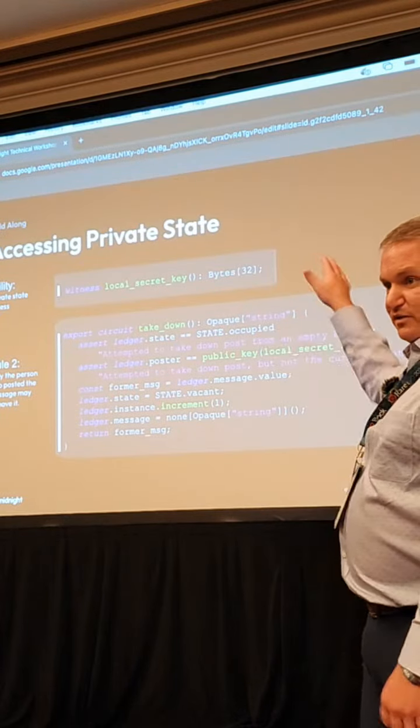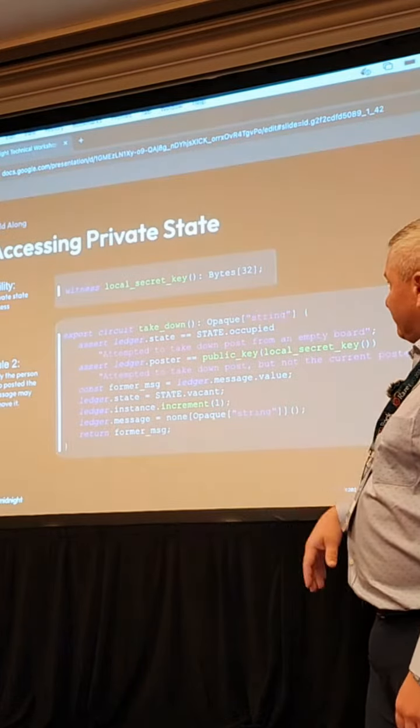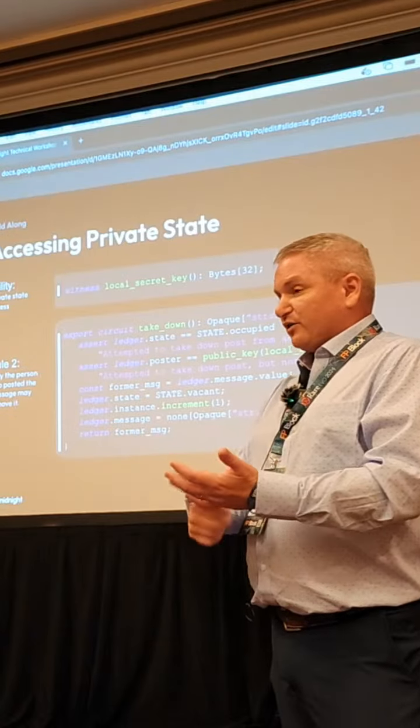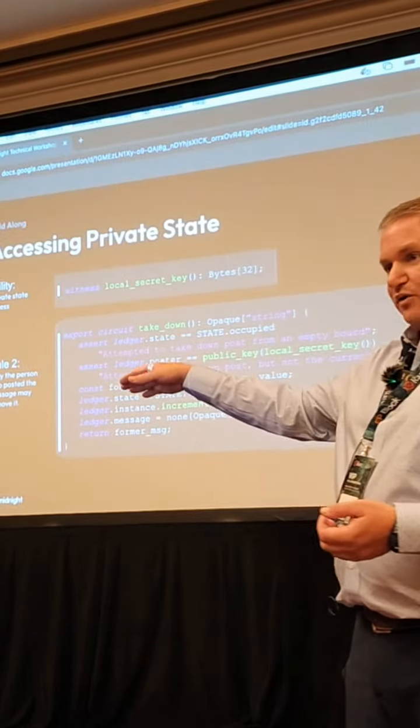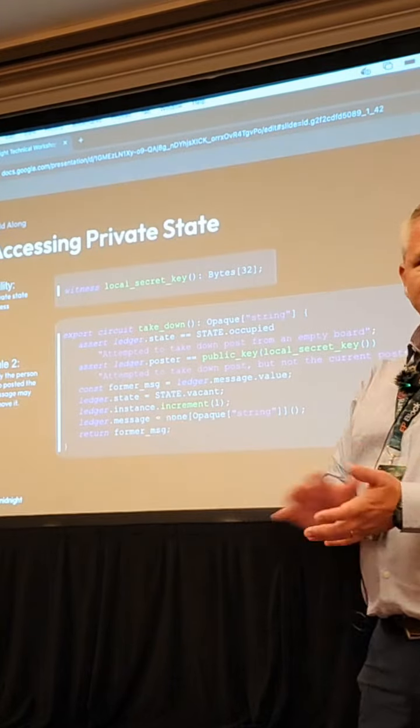So just imagine expanding on that for anything else that you can fit inside of the local secret key, right? You could imagine lots of things. That could be a credential. That could be a hardware identifier that's in the TE on my machine. It could be all kinds of different things.